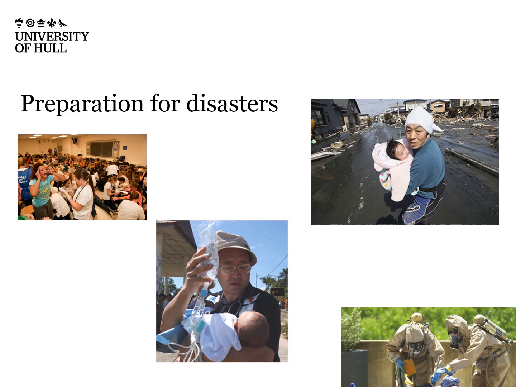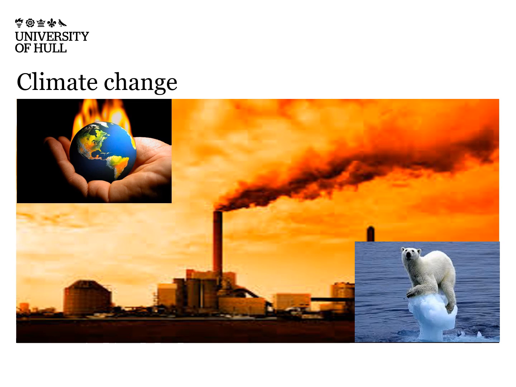Preparation for disasters is another major area where we need to develop. That was shown in the GAPFON report. And strangely, within the GAPFON report, one thing that wasn't an issue was climate change, but that's clearly an issue. Both the global warming and the change in climate, and also pollution, which is causing climate change. So the environment is an issue.